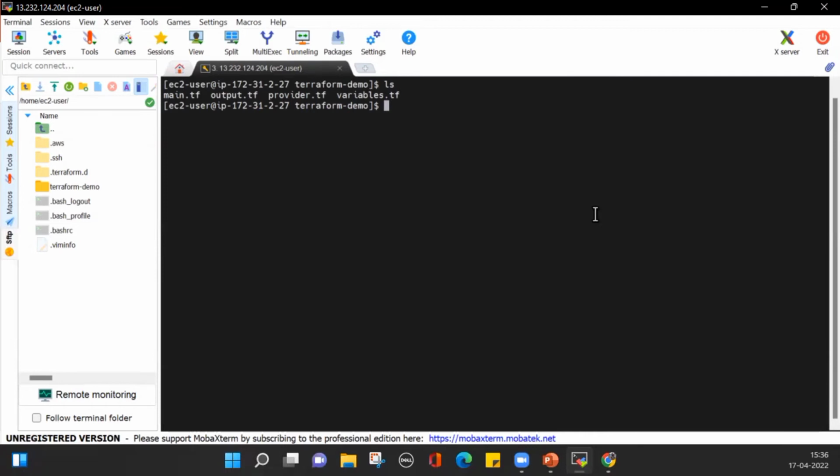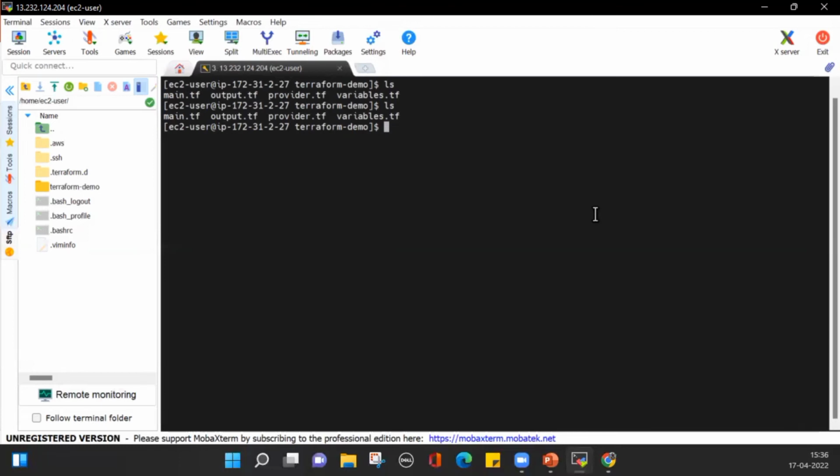And Terraform, and I would suggest you guys to use Terraform official documentation only to write this code, like write this configuration for any cloud like Azure, GCP, AWS, and so on. So prerequisite is, for AWS provider, you will have to install AWS CLI first, and you should have